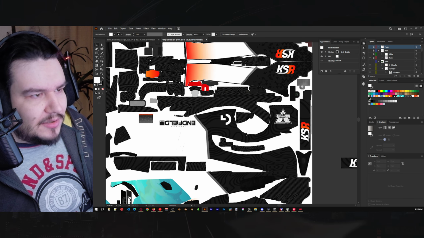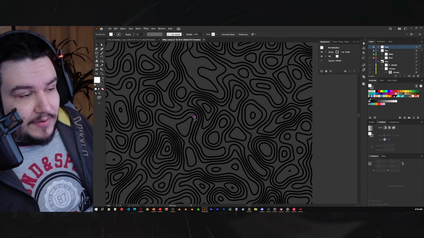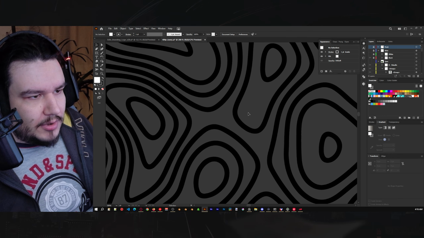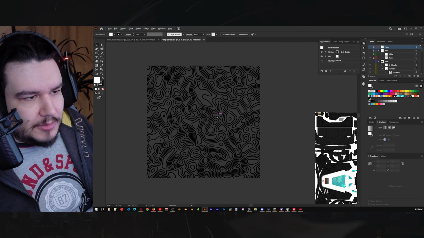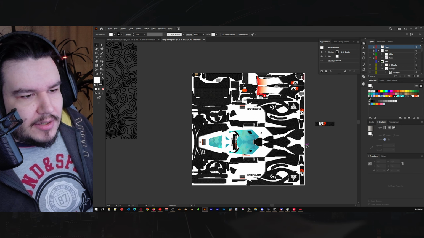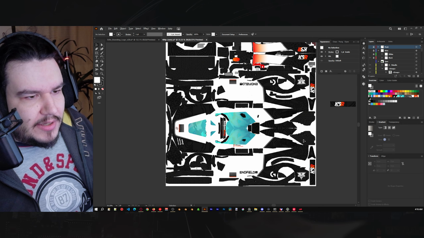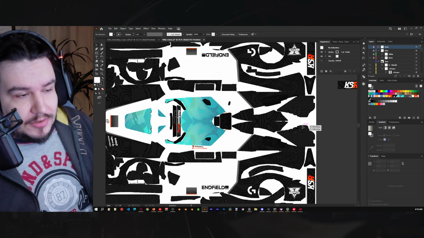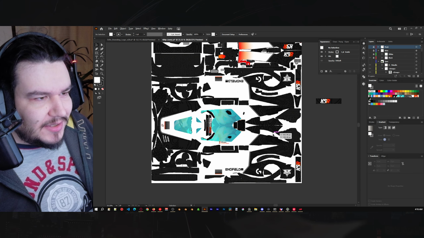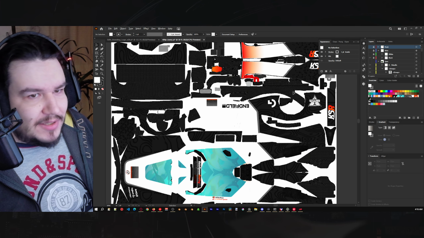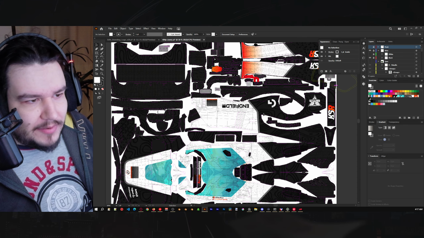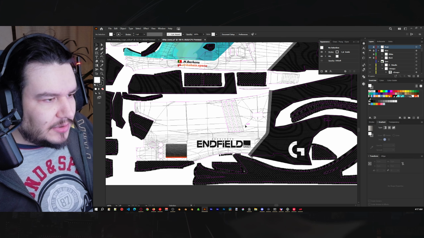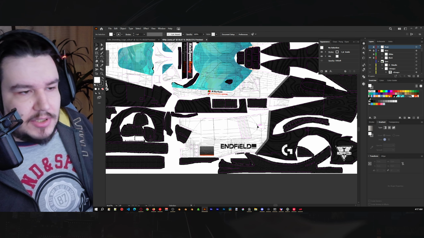I did that pattern in After Effects. Then I exported it and converted it to vector files so I can more easily manipulate it. And that's how I make my liveries, basically, in a very short explanation. And it's all set in panels. You can see the wireframe here that I use. Those wireframes are usually